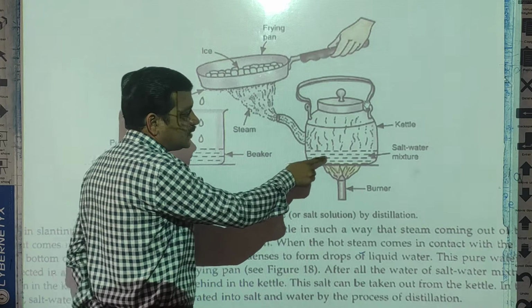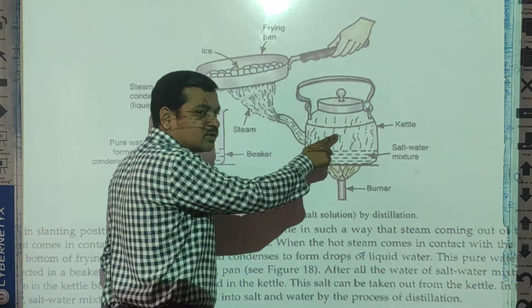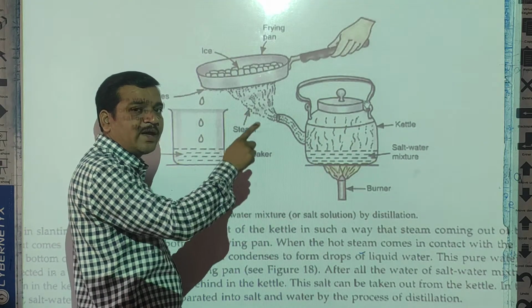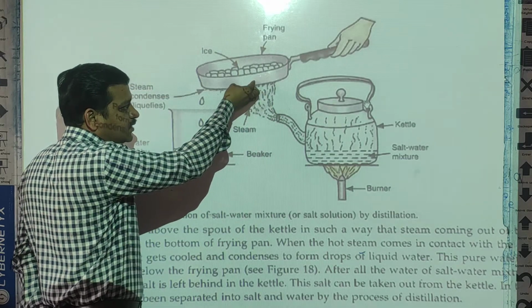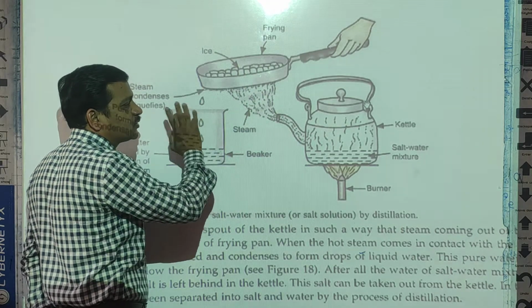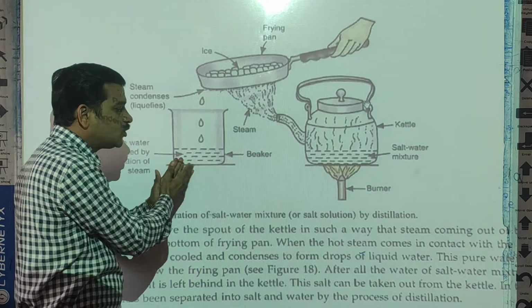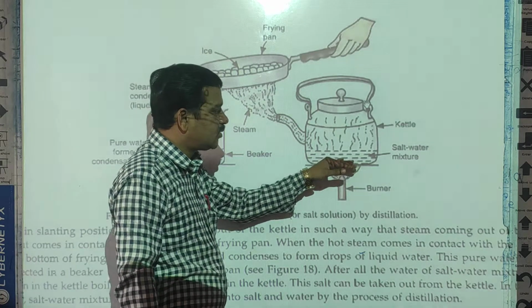First process, water changes into water vapors, so that is called the evaporation process, and then the evaporation process is followed by condensation. Condensation means the steam condenses into water drops. So both processes take place. So you will get pure water in this beaker, and after the complete